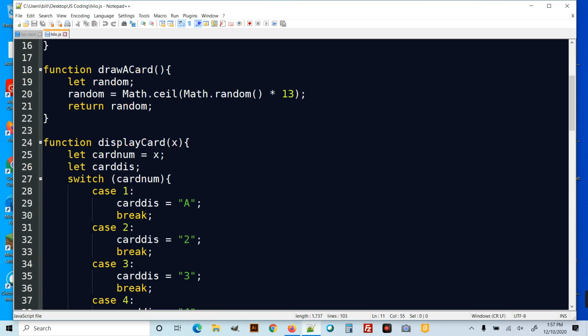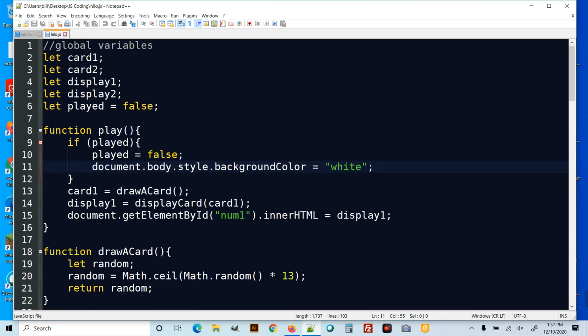So here, let's go to the top. We hit play. We're doing our if played, then we draw a card. We set that to card 1. Then we use card 1 to display a card. Then we set